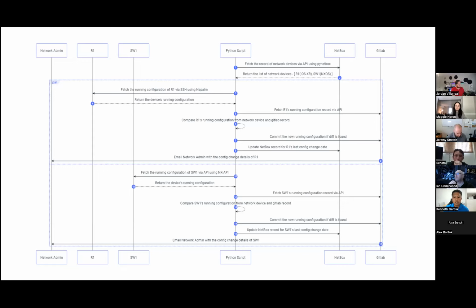Here are all the steps one by one. You can see that steps 3 to 8 and 10 to 15 run in parallel to quickly execute the task at the same time on multiple devices, so that it is completed as fast as it can. So for this one, first is fetching the